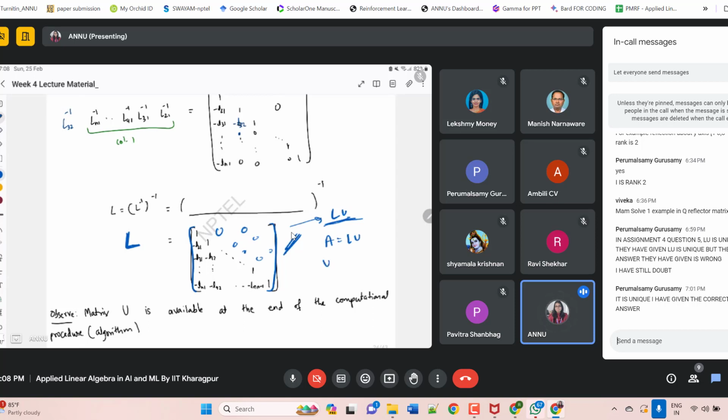So what is U? U is nothing but L inverse A. And when you calculate L inverse, this minus will simply be replaced by plus, and the rest is the same, because the inverse of a lower triangular matrix is also lower triangular. So I hope you don't have any problem in any LU decomposition. Whenever L is asked, L is this thing with these values. Whenever U is asked, you can directly calculate L inverse A. I hope this is clear.